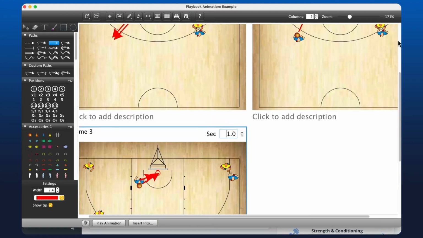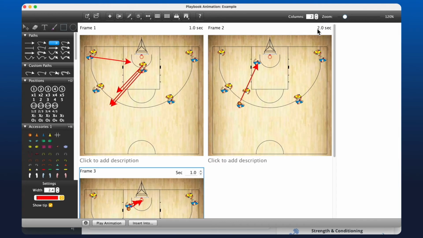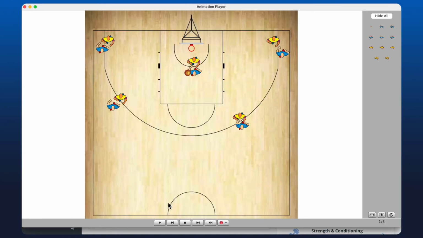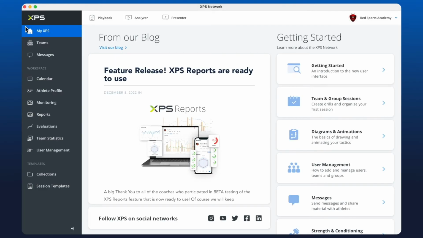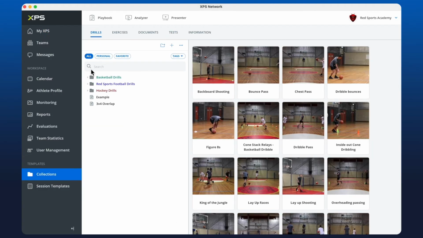And again, we'll go up to our top frame, zoom out so it's a lot easier to use. We can play this animation. Take it to the rim, score the layup, nice and easy. And we can insert this straight away into our drill collection if we want to, frame by frame or as an animation. So if we went and we created a drill in our collections,